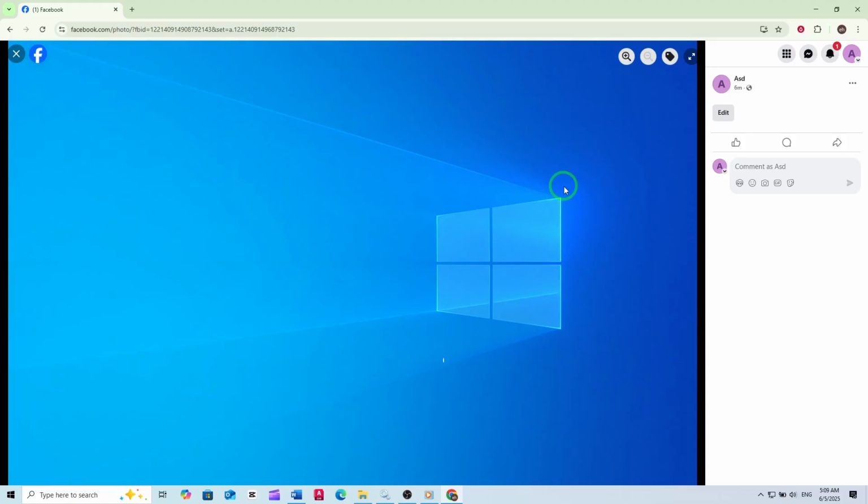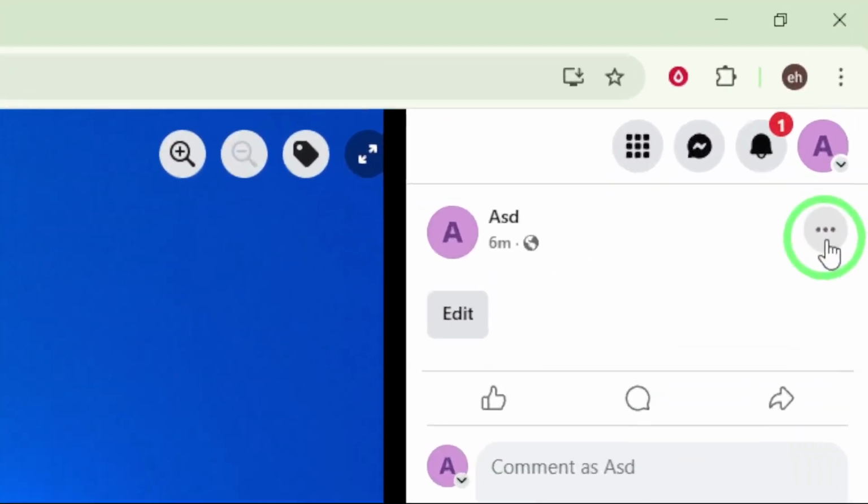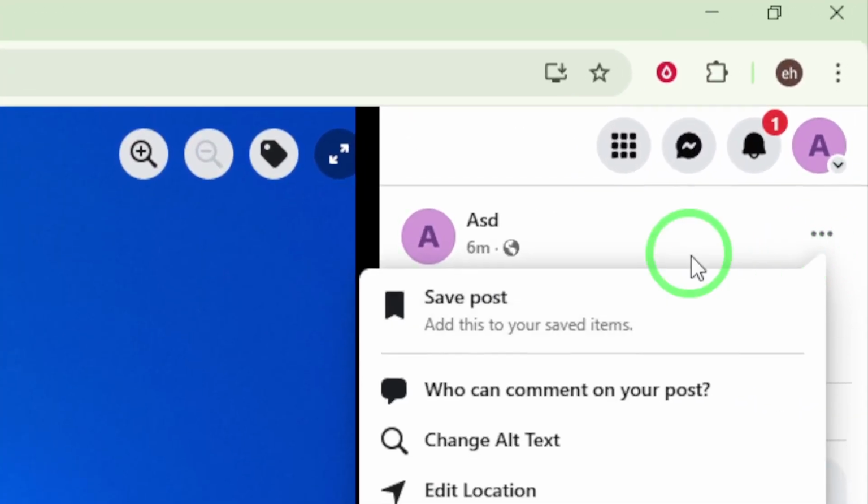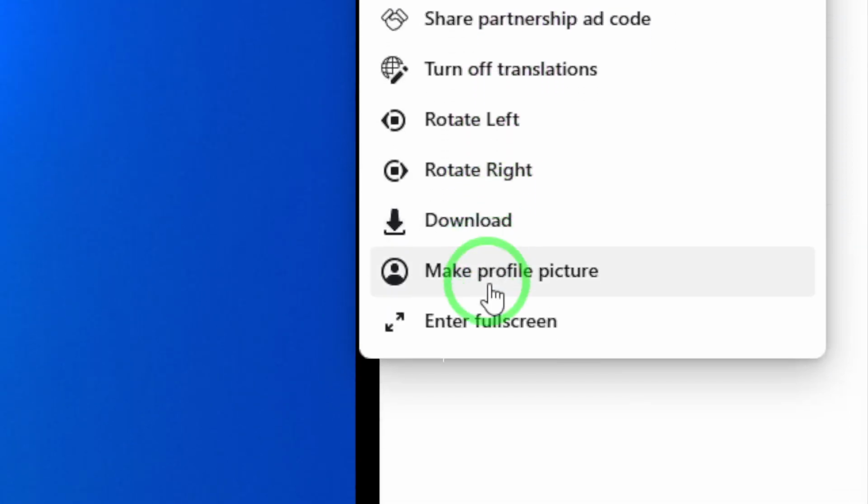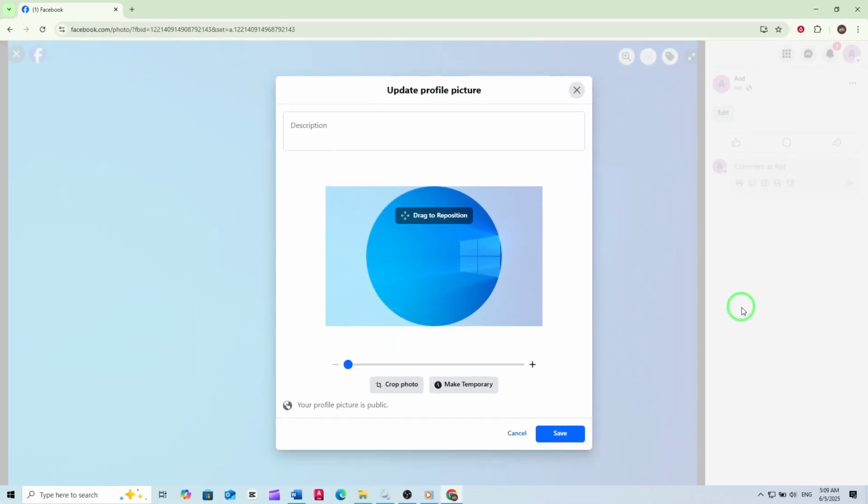Below your cover photo, you'll notice 3 dots lined up horizontally. Click on these 3 dots to open a menu of options. From this menu, select Make Profile Picture. This feature allows you to instantly use your cover photo as your new profile picture, keeping your pages look unified